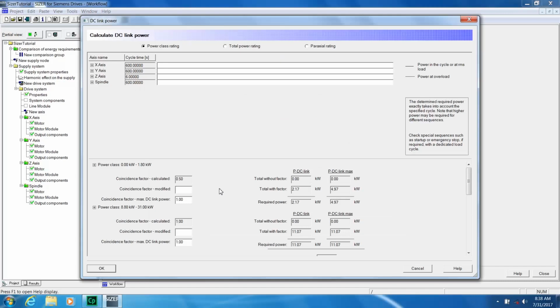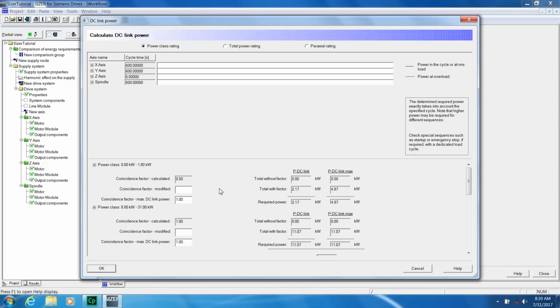So what it does is I know we won't be using the max torque and max speed when using both axes, like several axes at the same time. So it uses the coincidence factor to determine the power that goes to the motor when they're working together. So this will decrease your DC link power,